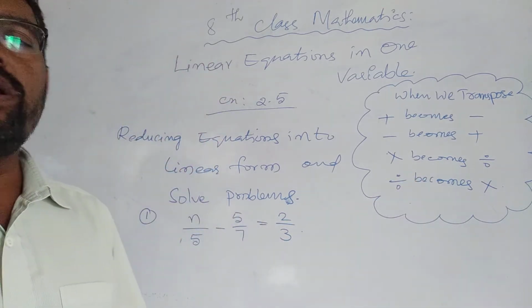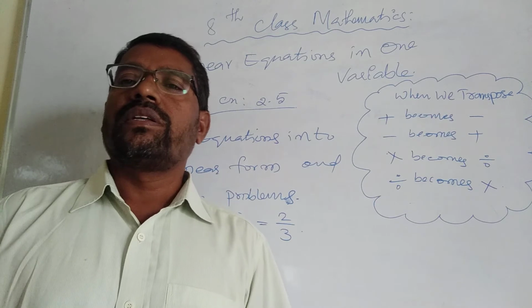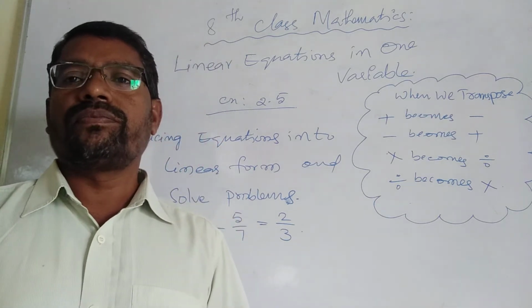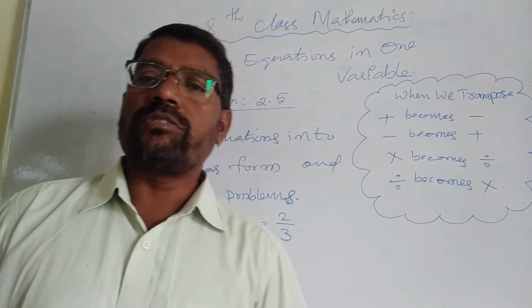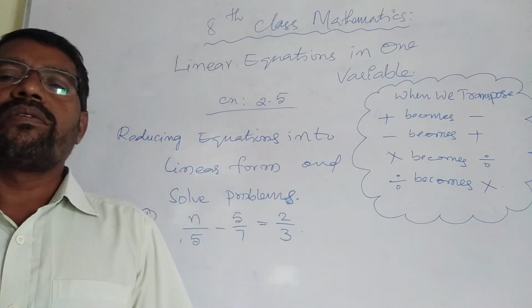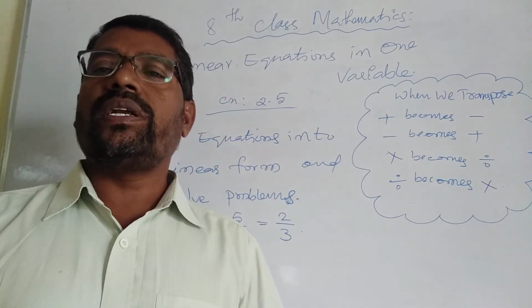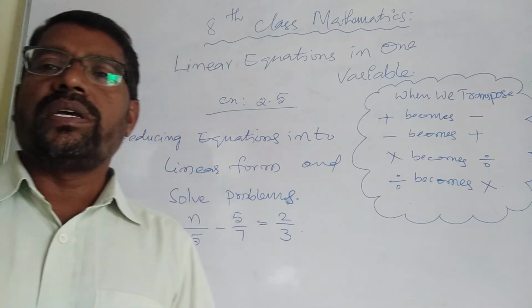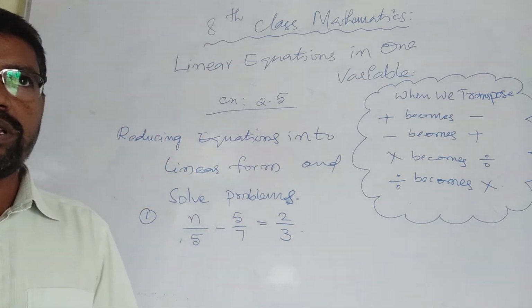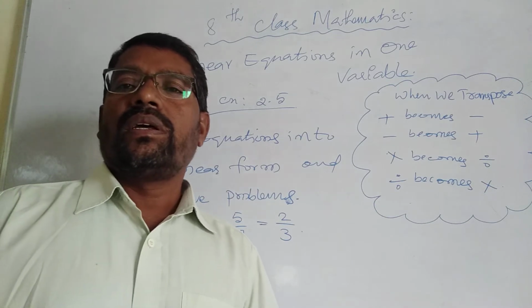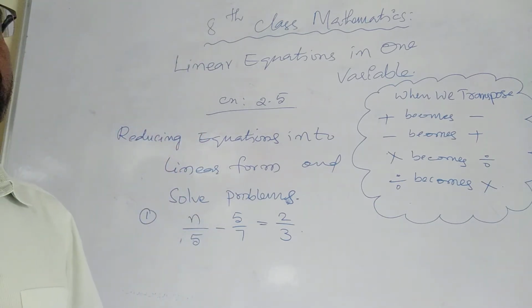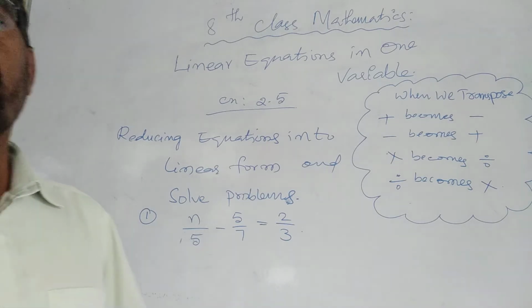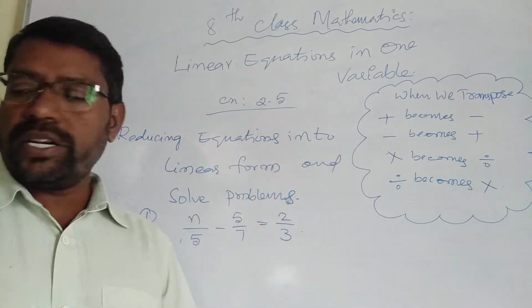Linear means only one variable, that is a single variable. Linear equations in one variable. Linear means the expression has only first degree, no other degree will appear in these equations. The simple thing is that only one variable appears in these equations, and you should also identify that the degree of the given equation is always 1. You can remember that. You can write this, children.